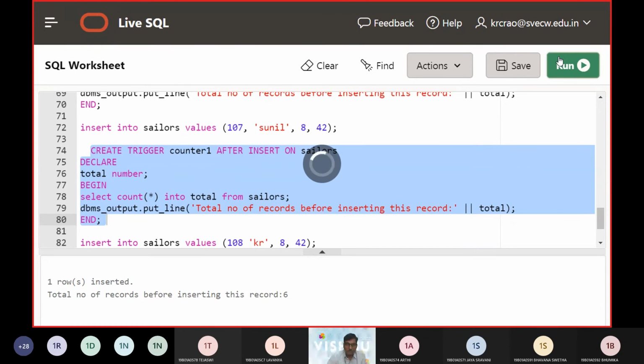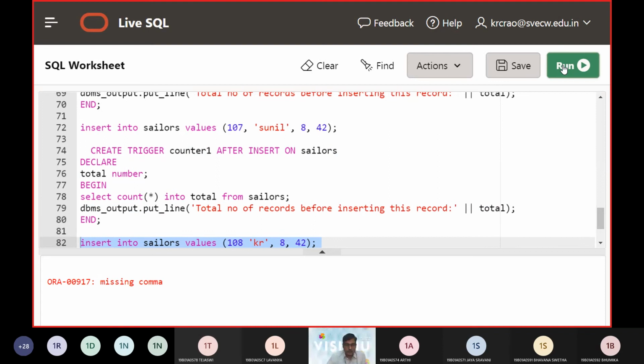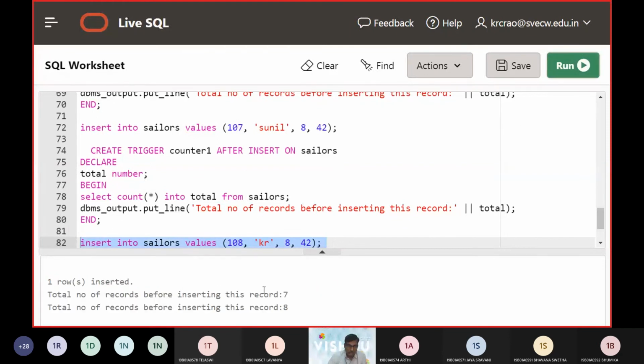Okay. So again, you can see that the trigger was created. Now let us see, I'm running this insert operation. There is something missing, the comma was missing here. Now you can see that before it was 7 records because Sunil's record was added just now.